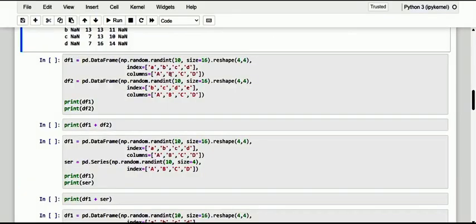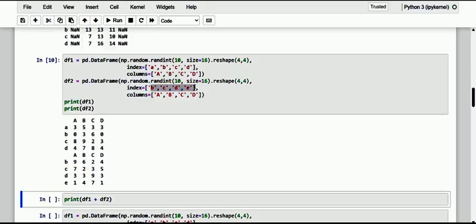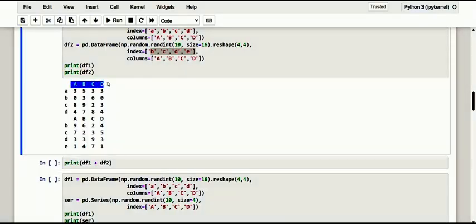So here the columns are A, B, C, D, but this second data frame's index is B, C, D, E. Now let me execute and find what the arithmetic operation between data frame 1 and data frame 2 gives. Kindly note that of course the columns are the same, A, B, C, D, but what about the index?